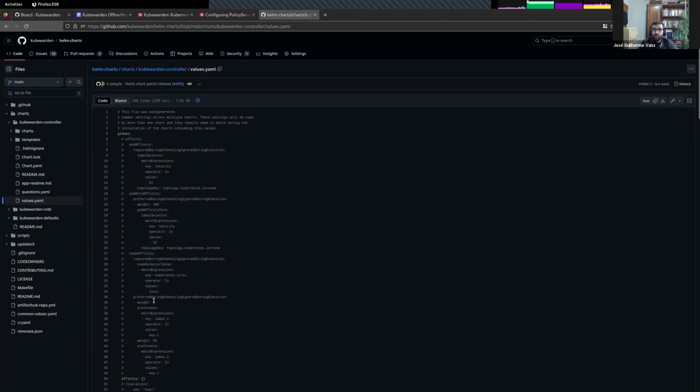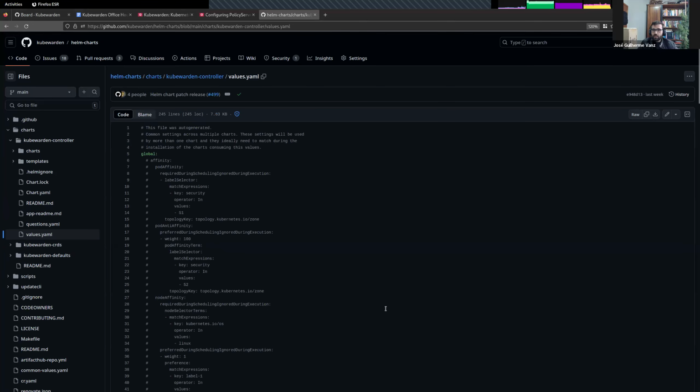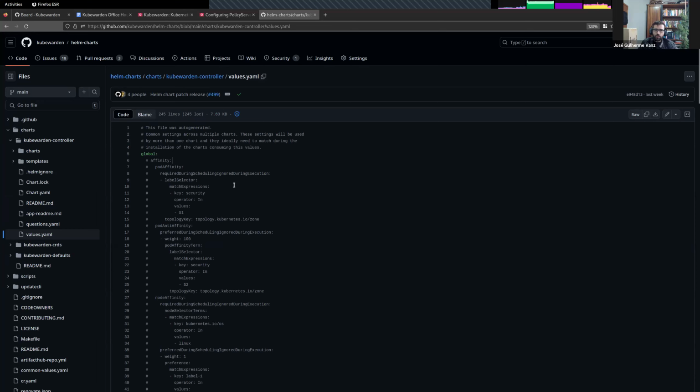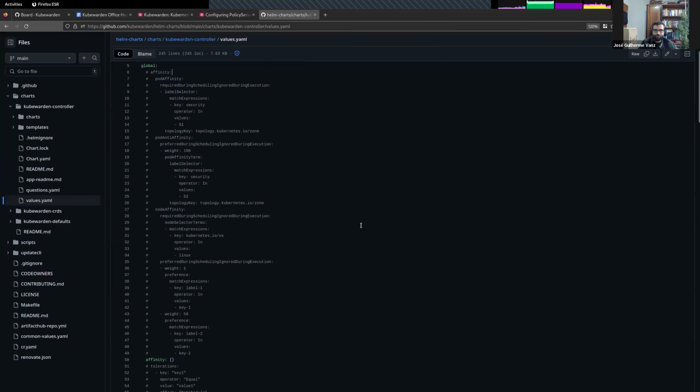That will be applied to the whole stack: the controller deployment, the PolicyServer, the default PolicyServer, and the audit scanner, everything. Thanks Victor for sharing. Those are the fields and an example of how you can use it in the values file. So it's already released. That's cool.